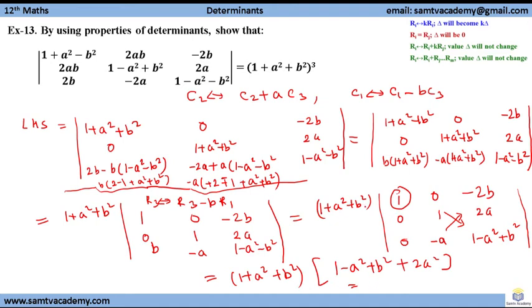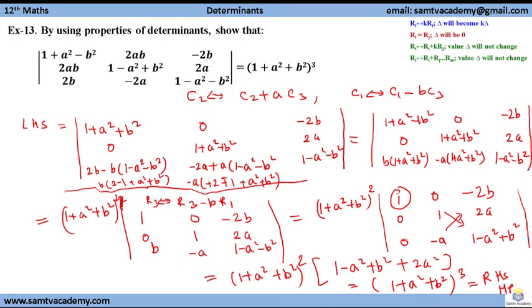If we are taking common from two rows, then sorry, here square is there, here also square is there, because we have taken from row 1 and row 2. As many times as we take common from that term, that will become square, that many times it gets multiplied, so it will become 1 plus a square plus b square whole cube. So this is equal to the right hand side, hence proved.